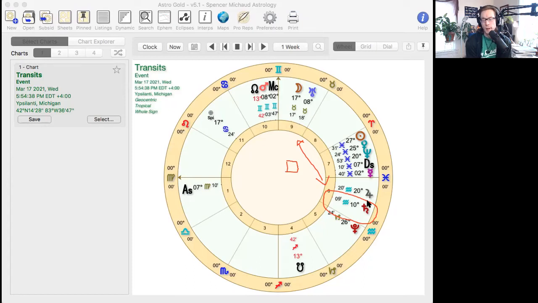Okay, so this may lead to some periods of order and some periods of chaos, right? That is some of the things that we can see moving forward, this tension between those two types of archetypes. All right, so that's what we've got with that. The other thing that we will tend to take a look at from a more bird's eye view is the relationship between Saturn and Mars. As of this recording, Saturn is in a trine with Mars and is moving into an exact trine with Mars. That's going to be happening shortly,